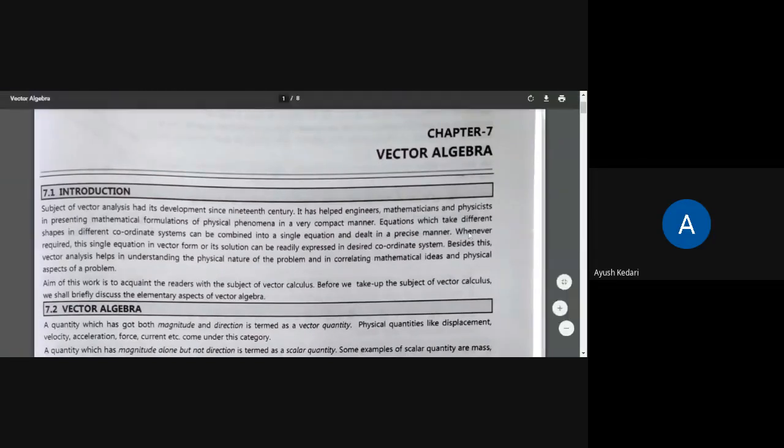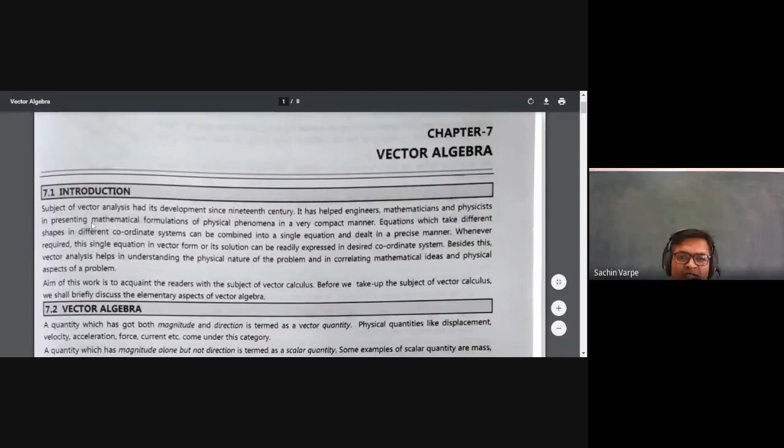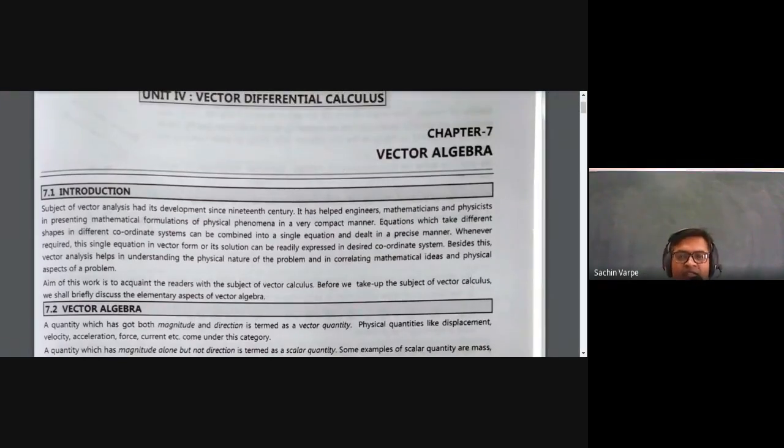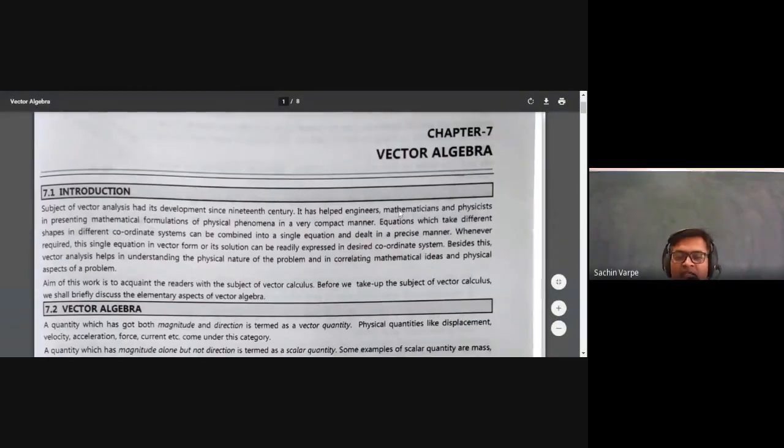Yes sir. Okay. So in the introduction part, the subject of vector analysis has had its development since the 19th century. It has been developed by engineers, mathematicians, and physicists in presenting mathematical formulations of physical phenomena. Vector algebra is very important in physics actually, isn't it? In a very compact manner, equations which take different shapes in different coordinate systems can be combined into a single equation and dealt with in a precise manner, isn't it? And those who are interested in machine learning and artificial intelligence, in that, vector algebra and vectors are very important,